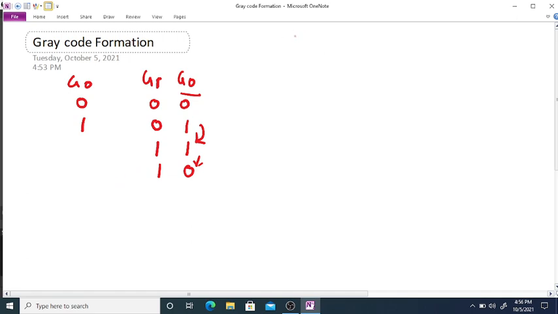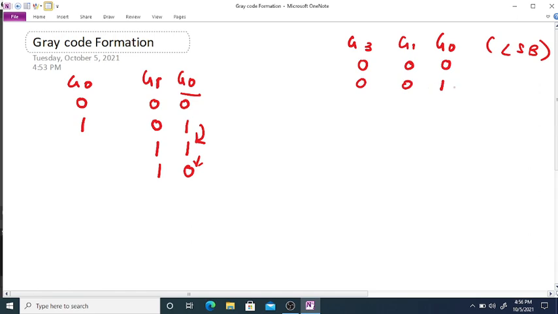Now suppose we are given a 3-bit Gray code, suppose G2, G1 and G0. Always we are going to change the LSB bit, that is the G0 bit first, then the G1 bit and then the G2 bit. So here first we will take G0 as 0 only, then we will change it to 1.